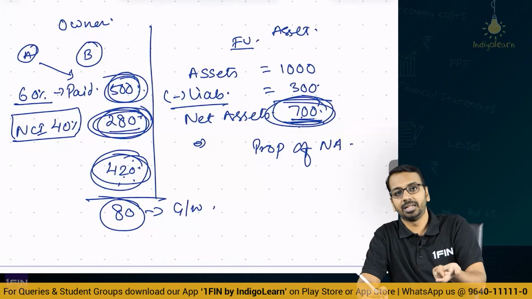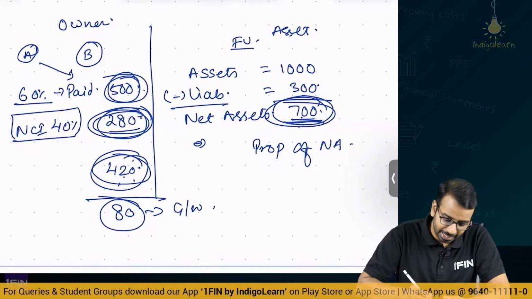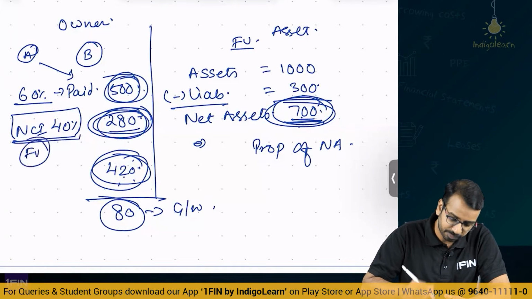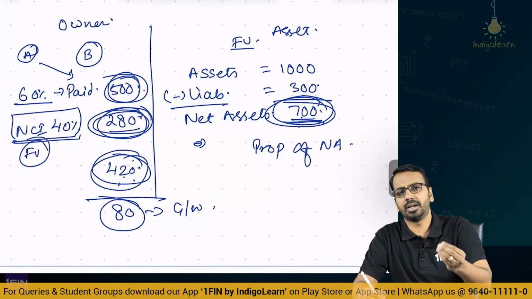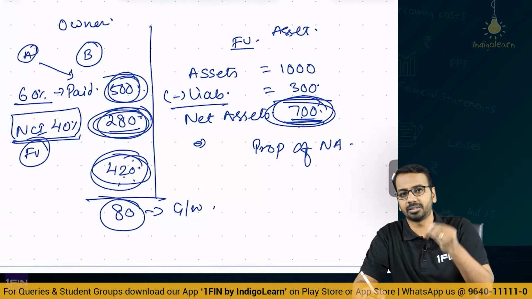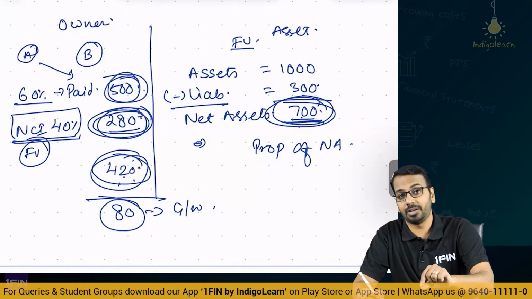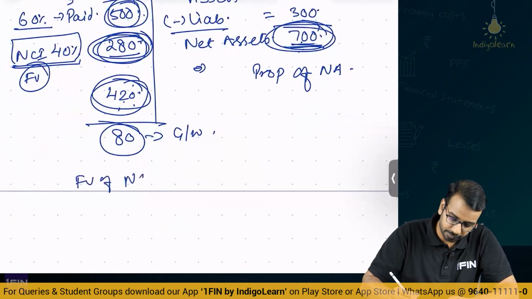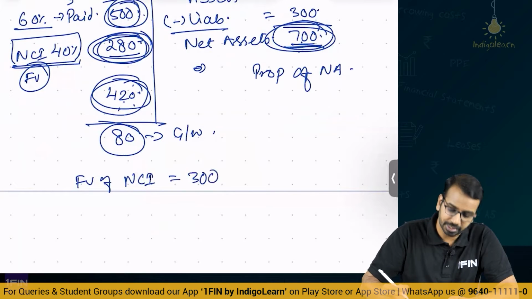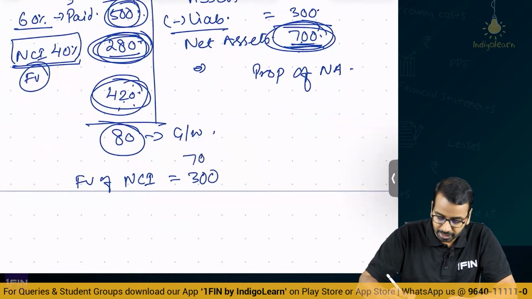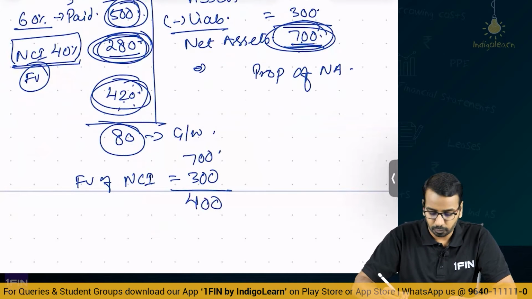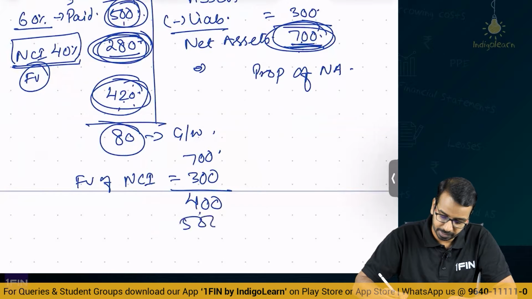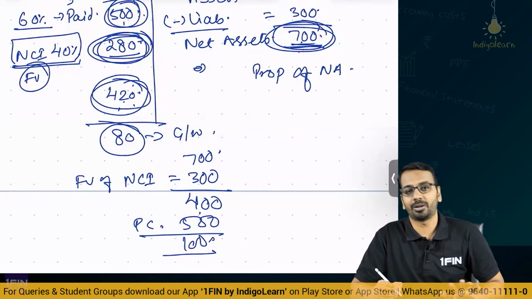There is another way to calculate where we say NCI 40% will calculate the fair value. So, the entity will assume some factors and all of that, and they will calculate the fair value. Let us say fair value of NCI is 300. So, out of 700 of net assets, 300 belongs to NCI, 400 belongs to us. For 400 we paid 500, this is the purchase consideration, 100 is the goodwill. This is the logic of calculating goodwill.